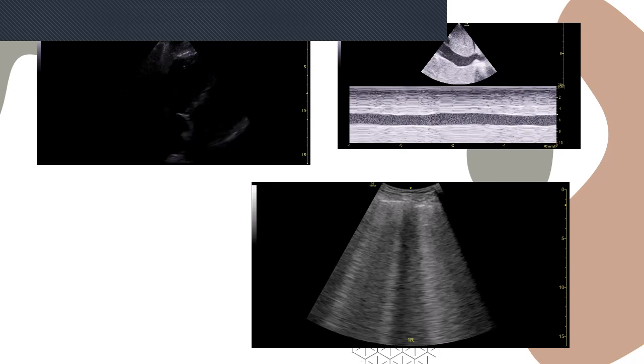Okay? And another thing you can look at is your IVC. If you see a plethoric IVC, you're going to think, I need to be cautious. This patient might not need any more fluid. Maybe he needs an